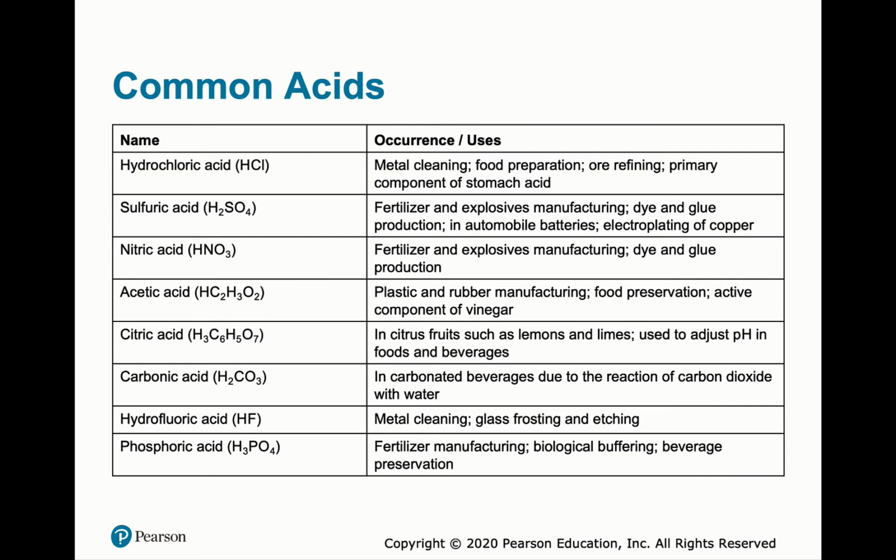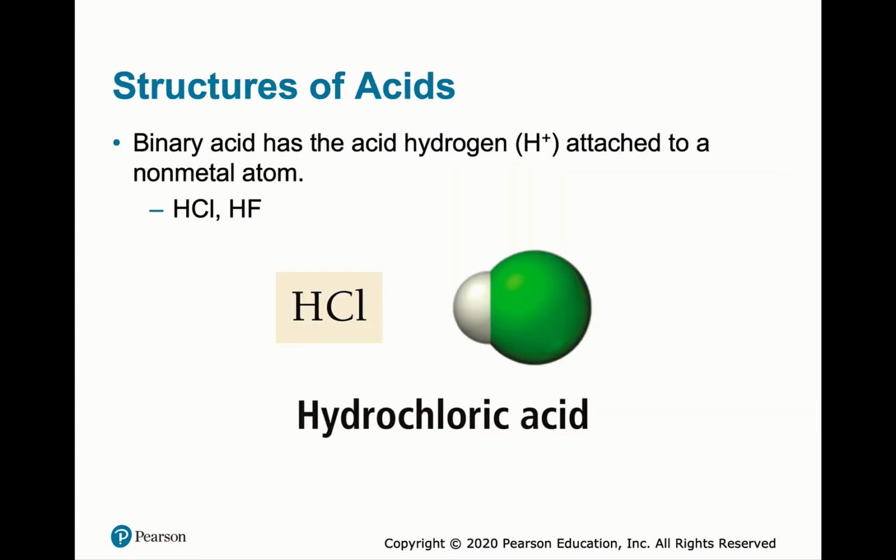Phosphoric acid is used quite a bit in making fertilizer because one of the primary nutrients for plants is phosphorus. So it's potassium, phosphorus, and nitrogen. Ammonia is oftentimes used for nitrogen, as is nitric acid. But phosphorus is also big for plants. Used as a buffer and also in beverages. So things like Coca-Cola have phosphoric acid in them.